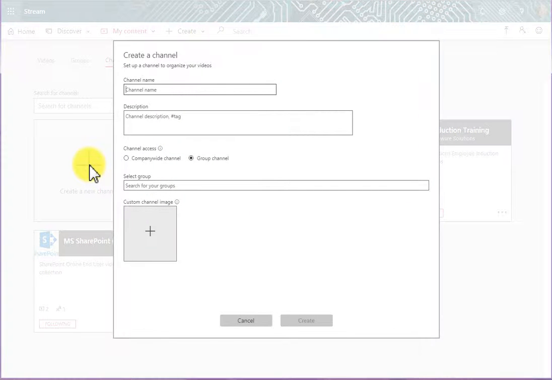Now what we've got to do is give the channel a name, and this is limited to 30 characters. Now there's some things to consider here. If you're going to create a company-wide channel, then it must be a unique name across the organization. And if you're going to create a group channel, then it must be a unique name within a group, and I think that's pretty obvious. So I'm actually going to call this channel